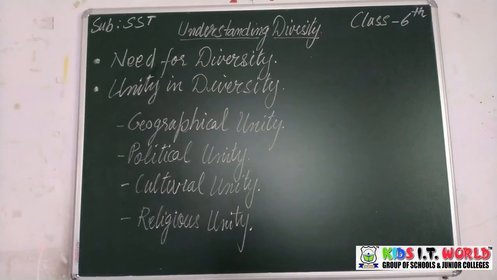Fairs are organized in different parts of the country in which all the people, irrespective of their caste and creed, participate. Marriage is a universal institution of all societies. People belonging to different communities perform marriage rites with great pomp and show. Similarly, after death, rites are performed in every community according to their religious traditions. So if there is a happy time and someone is getting married, you all know how you dress up and how you enjoy the food, right? And if someone is dead, we also know that every religion has its own rituals which are performed and then they are finally sent off, right?